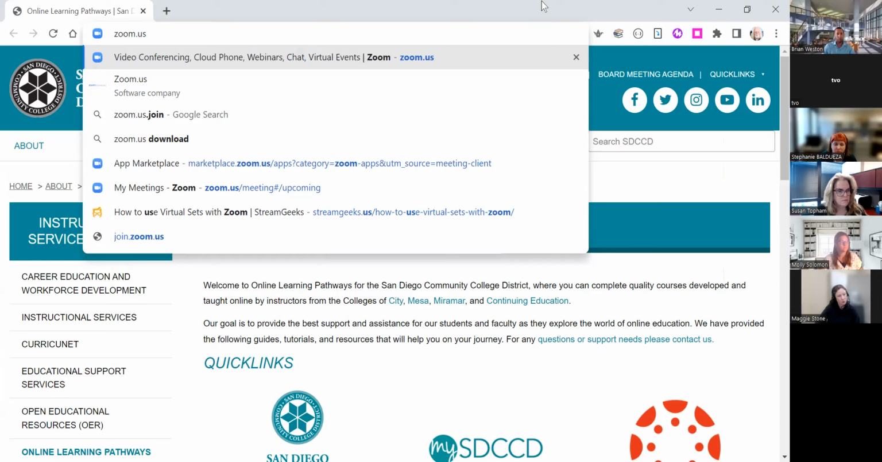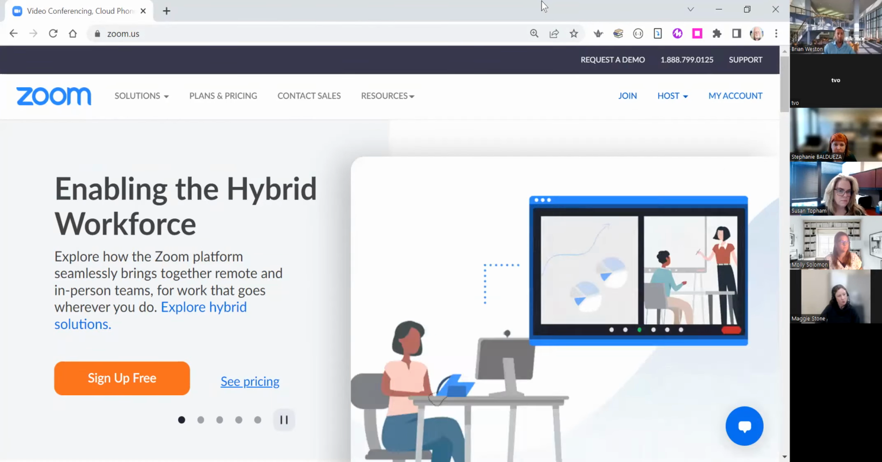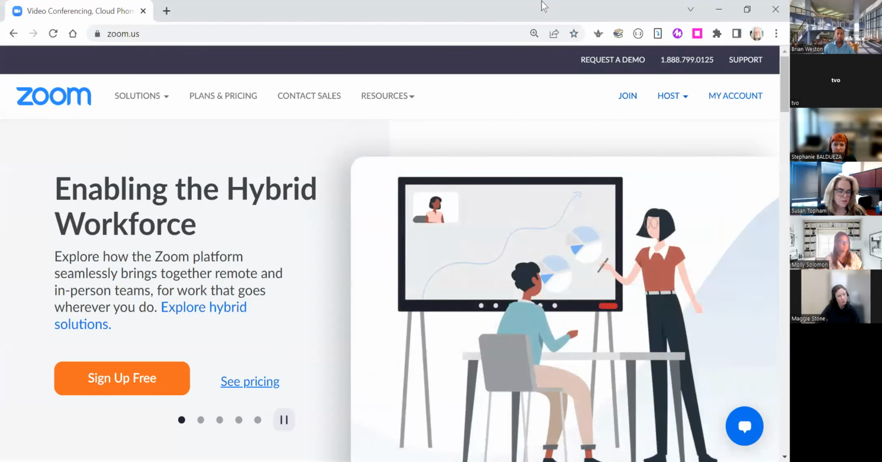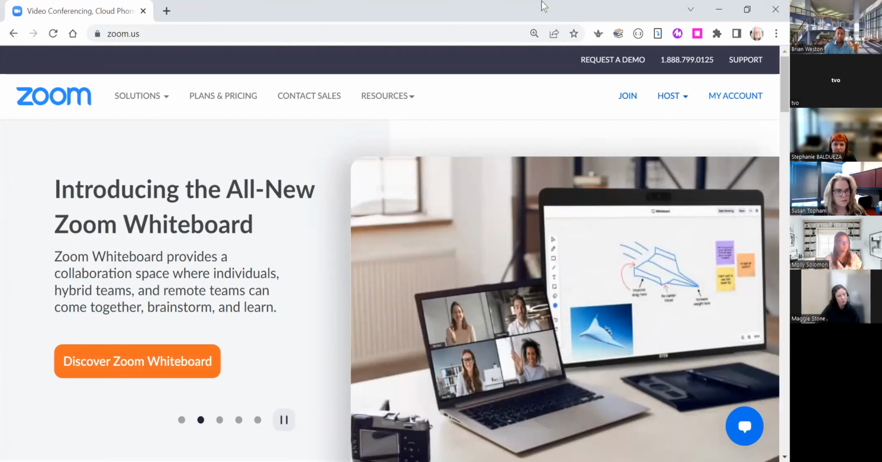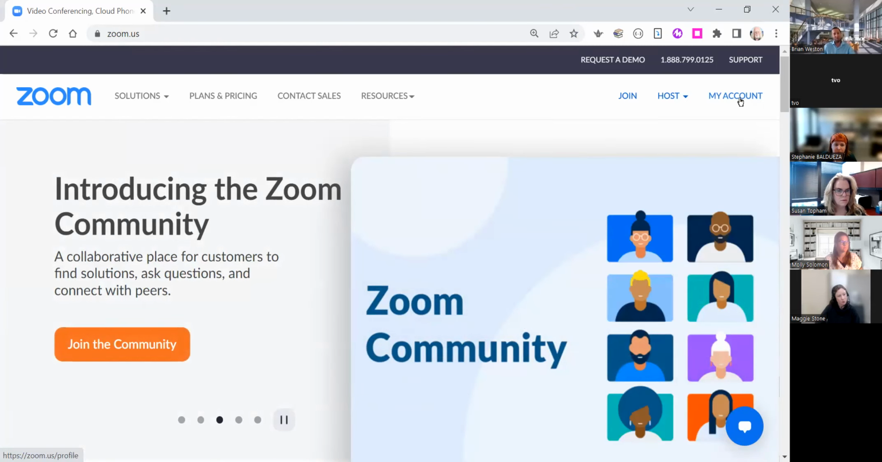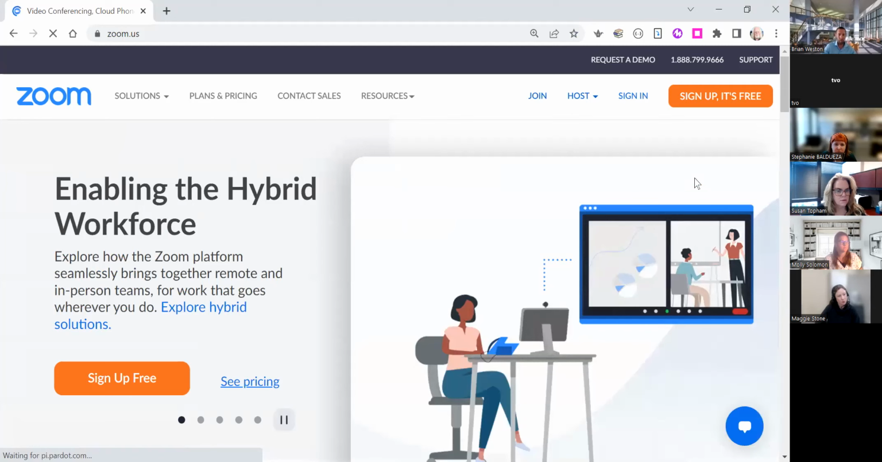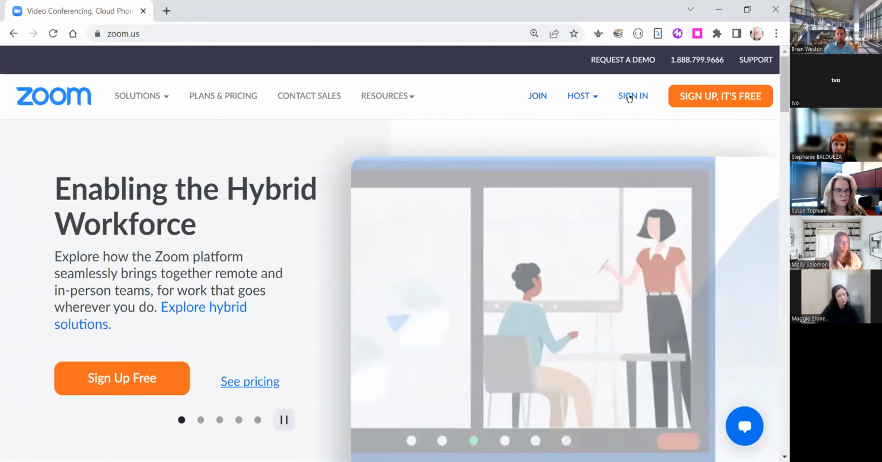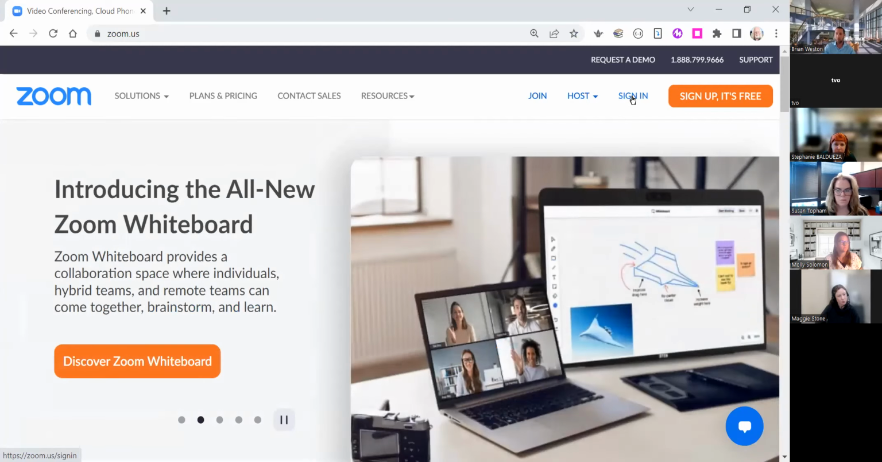Just type that in the address line on any web browser and press enter, and you'll go to the Zoom corporate website. And this is true no matter who provides your Zoom accounts. This is the mothership for all Zoom accounts. To access your account there, if you're not already logged in, as I am here, let me log out. To access your own account, there's a sign-in button on the Zoom website. If you click that,